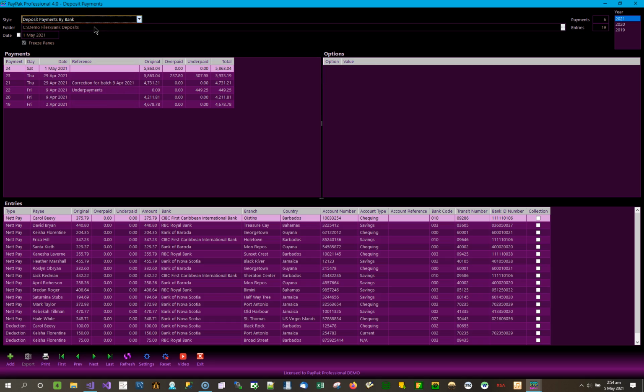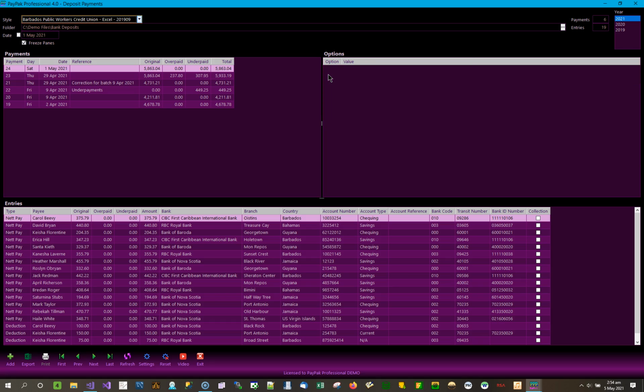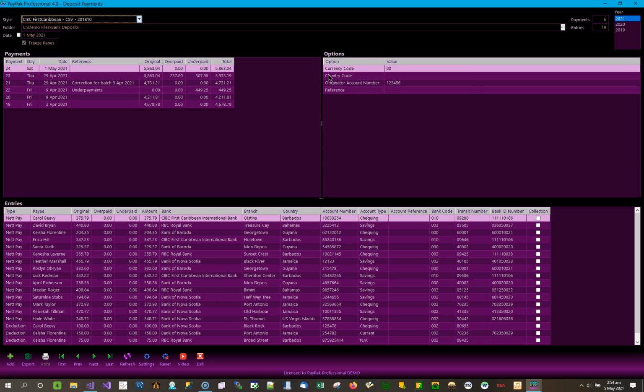Not all bank formats have options. Some do, some do not. And it varies from bank to bank. Now, what are these options? Let's have a look at